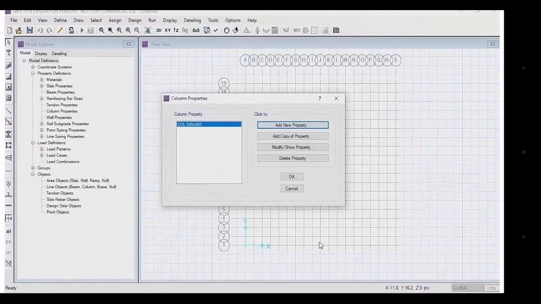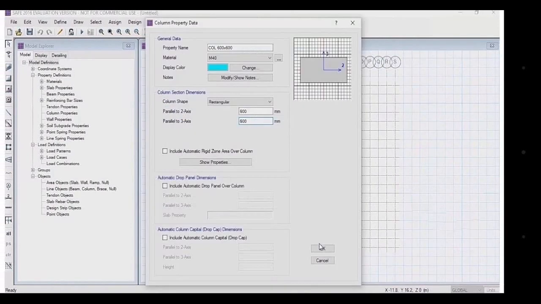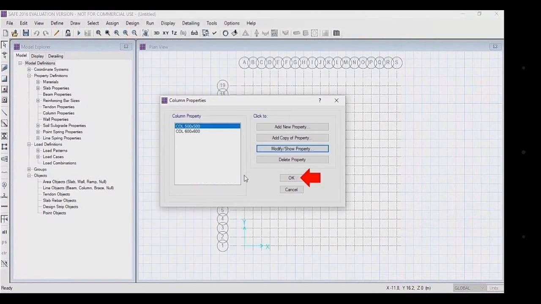Then click on OK. Now again click on add new property, then add column 600 into 600, material type M40, x and y direction thicknesses 600 and 600. Then click on OK. Our two column properties are defined. Then click on OK to exit the column property dialog box.